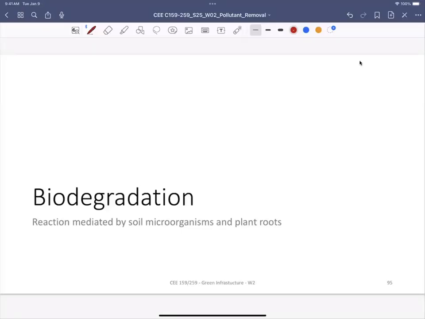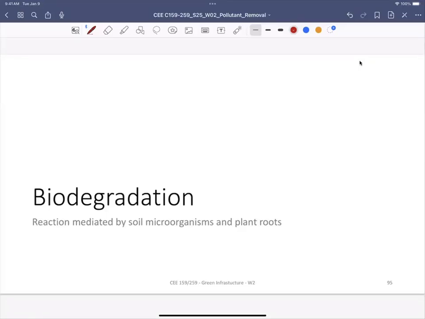In this video, you'll learn how to use biodegradation to predict how much pollutants can be removed in stormwater infrastructure. By far, most stormwater infrastructure has plants and microbial communities, so biodegradation is inevitable for most of the green infrastructure. In fact, because of biodegradation, any pollutants removed by filter media can be regenerated, because anything that